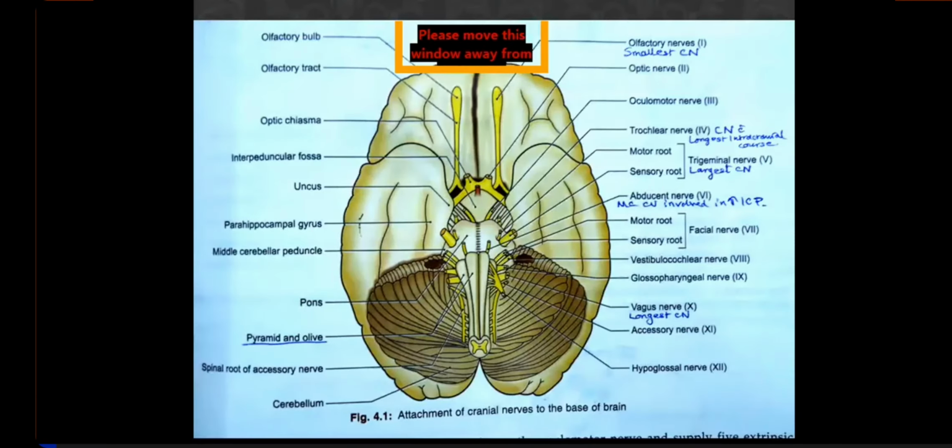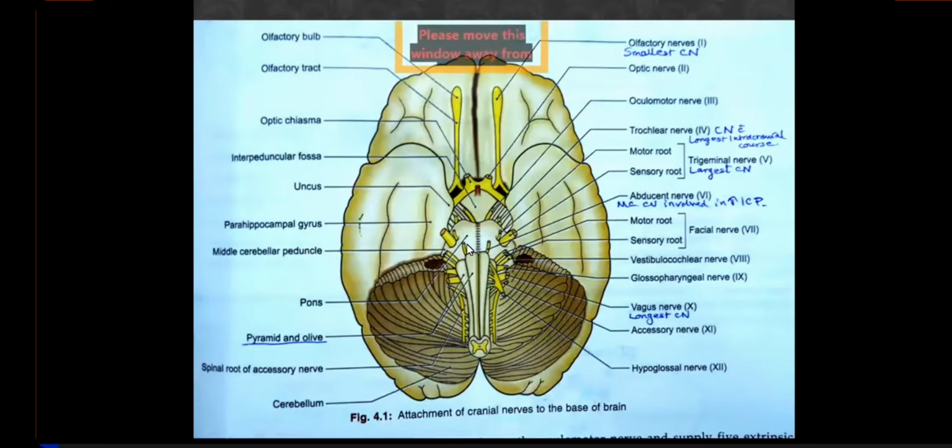So we'll start with abducent nerve. You know how this nerve emerges, from where it emerges on the undersurface of the brain. It was all summarized, remember, in the introduction portion. This is the midbrain, then you have pons, and then the medulla. This is called the brain stem. So here you're seeing it is the pontomedullary junction.